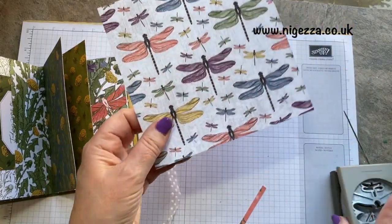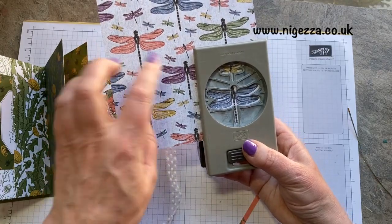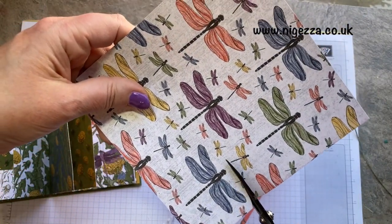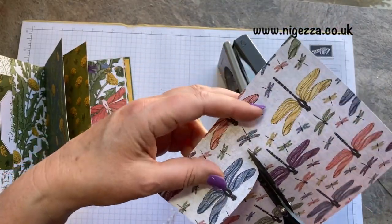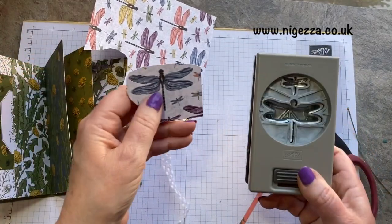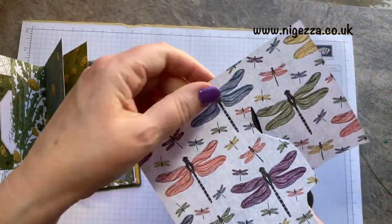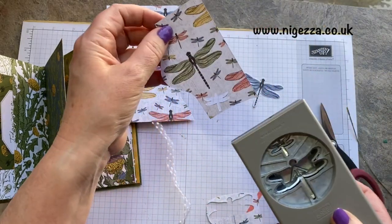So what you've got to remember is this is a double punch. So say we wanted that blue one, we'd then be punching into that little yellow one, and we don't want to do that. So we want to do some cutting around. So we leave these little ones intact because they will punch out as well. Like so. And then we can get that